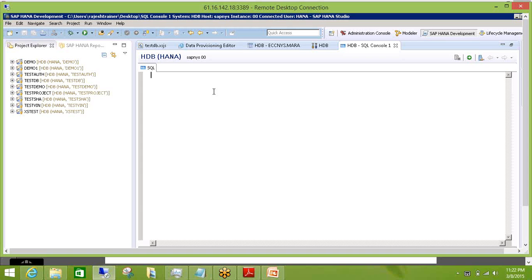Before HANA 1.0 SPS5, we were leveraging a product called SAP NetWeaver Gateway, and that product is still being used. I also used it many times.